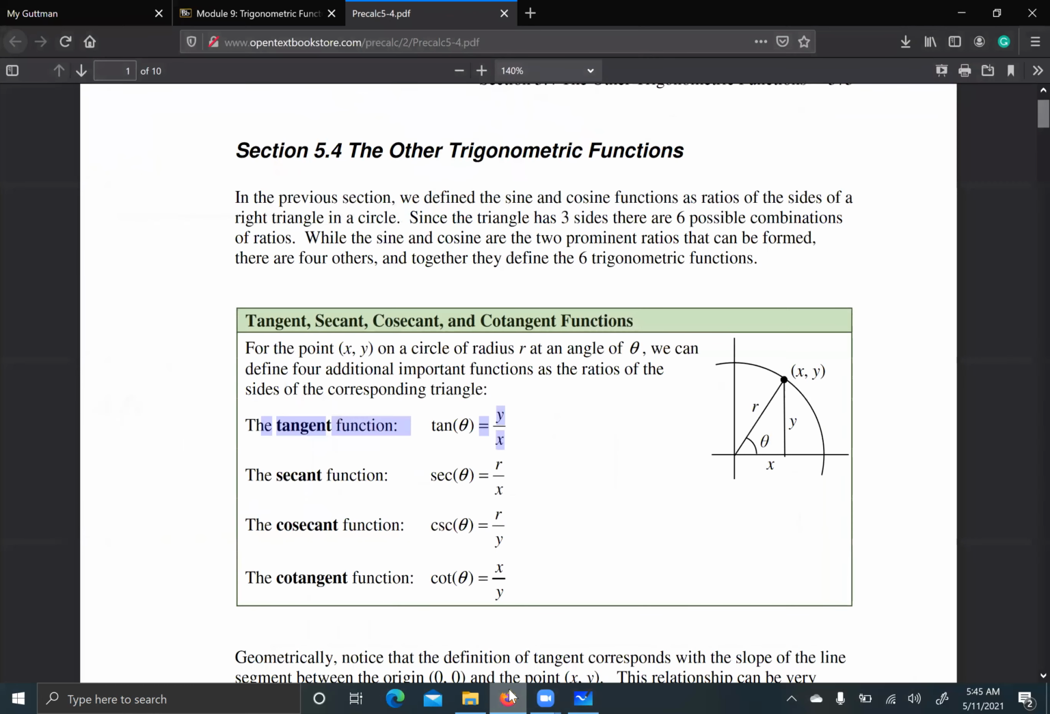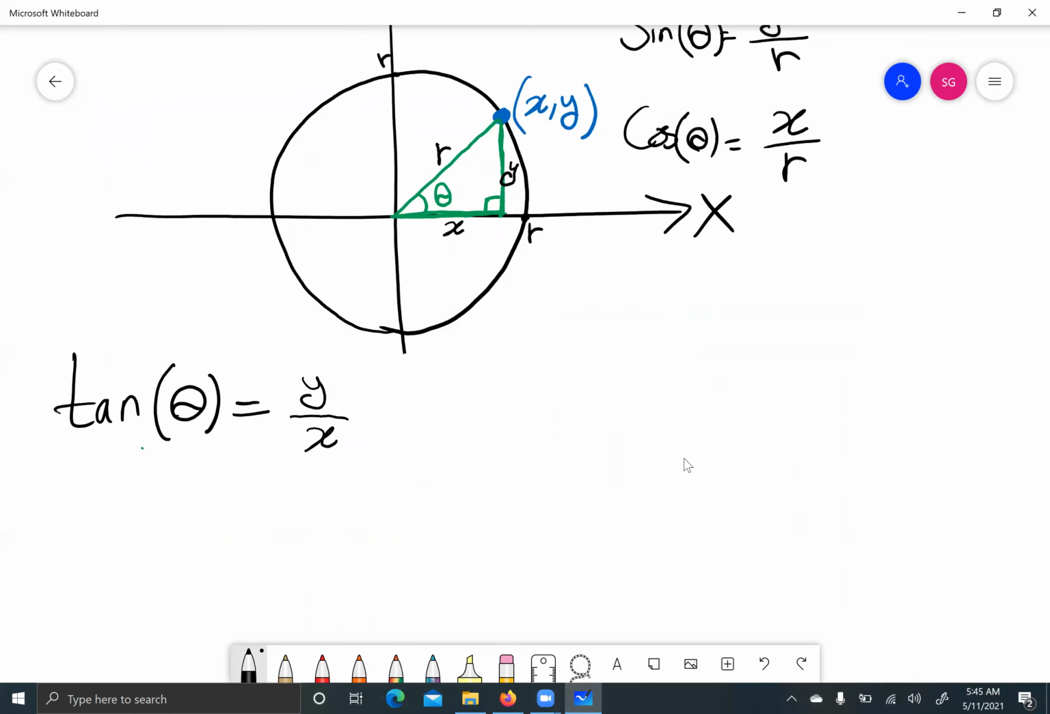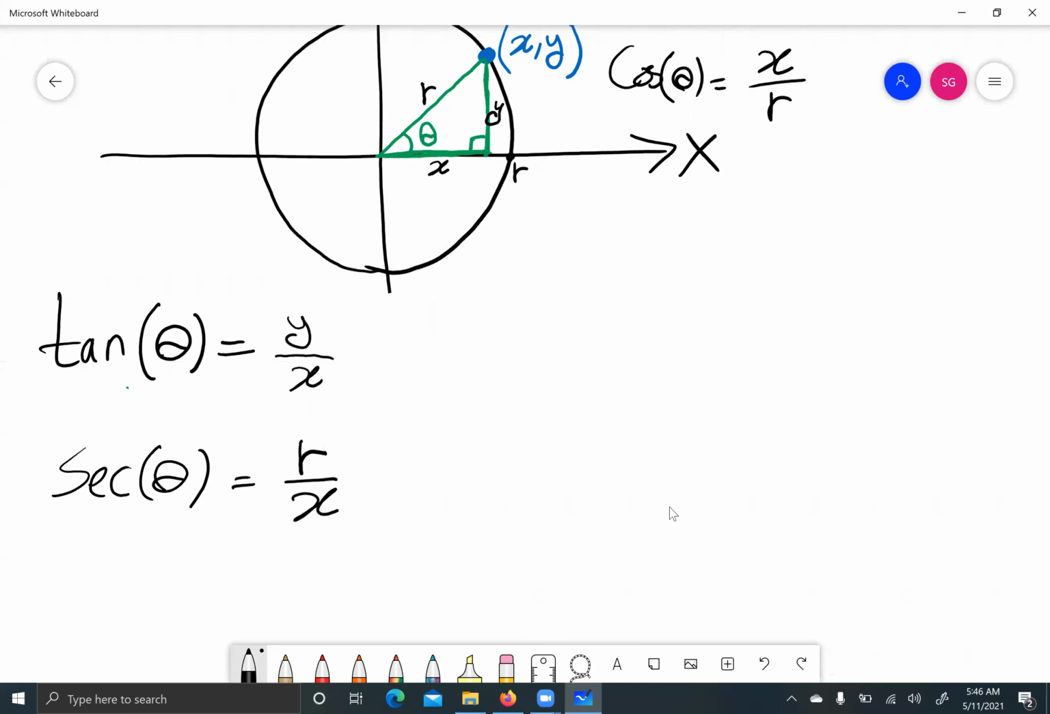Another possible ratio, which the textbook defines as secant, is r over x. So you may say, it is also possible to take this ratio r over x. We say, okay, let's name this as well. And then we name it the secant function. So the secant function takes the angle, and then it returns you